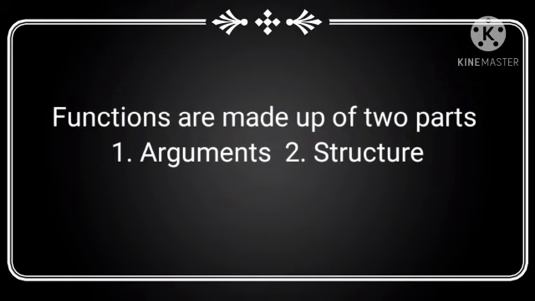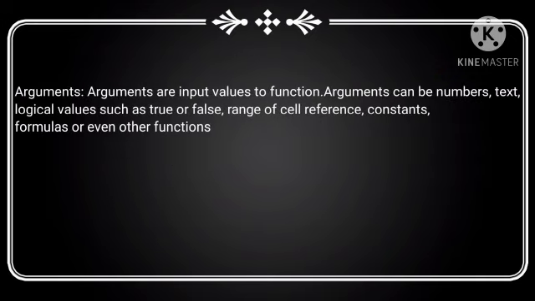Actually, functions are made up of two parts. Number 1, arguments. Number 2, structure. Now let's learn what arguments are. Arguments are input values to functions. Arguments can be numbers, text, logical values such as true, false, comma, a range of cell references, constants, formulas, or even